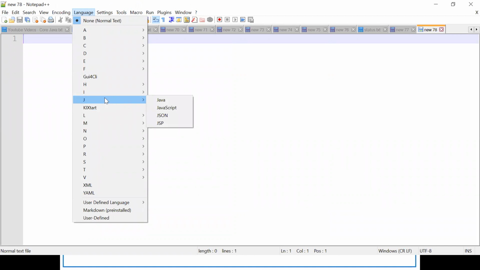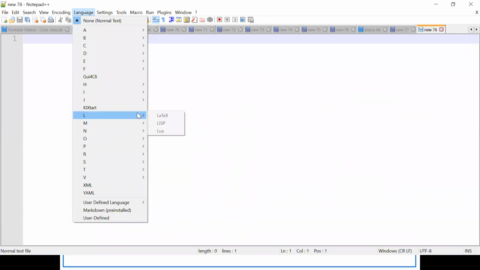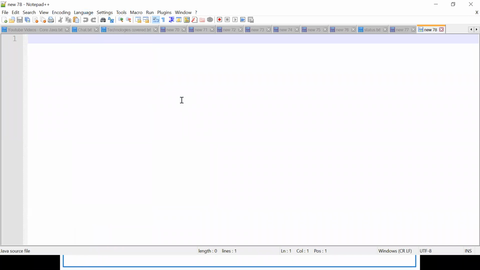Notepad++ supports developing in different languages, for example Perl, Python, PHP, and gives some benefits for each. We are going to develop Java applications, so go to J and select Java.